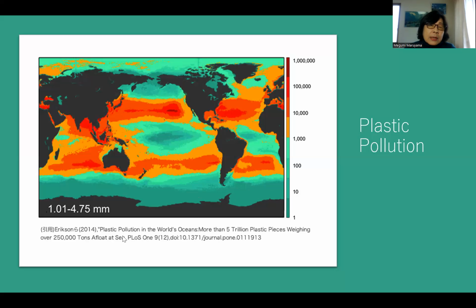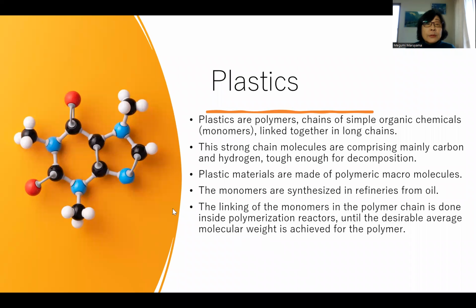So Erickson says that more than 5 trillion plastic pieces weighing over 250,000 tons afloat at sea at this moment, 2014. So it's a very serious problem. The water is plastics. We see plastics